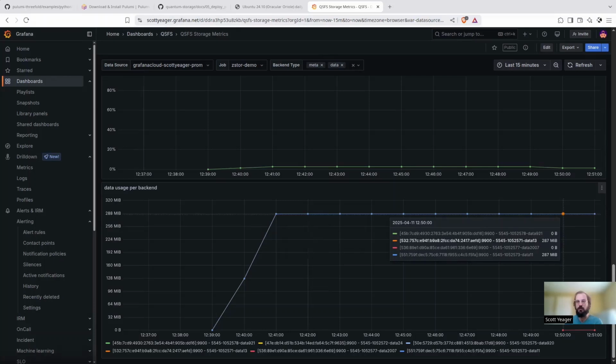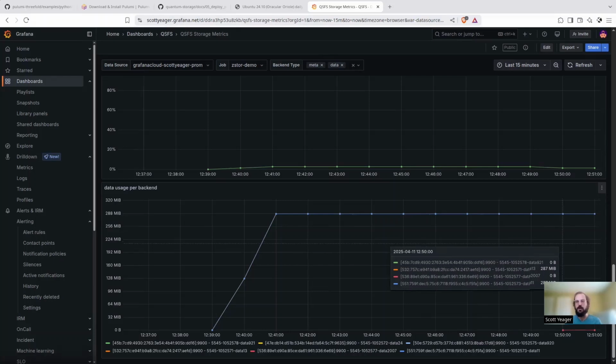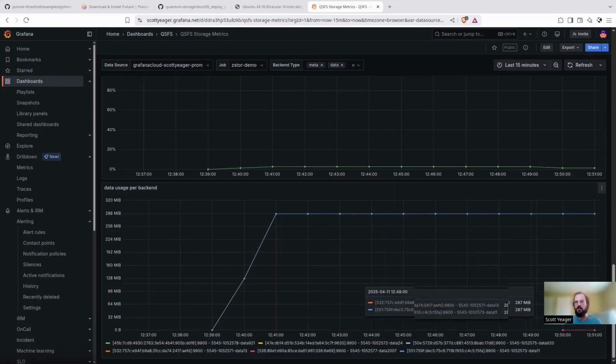And then when the new ones came up, we can see that we now have 2 new ones with 0 bytes used, and those are now down here on the bottom. So when we change the Zstor config, Zstor is periodically running its checks to see if the stored files have those expected shards that we configured available in healthy backends. And if they don't, then it's going to attempt to run a repair operation that will restore that. So